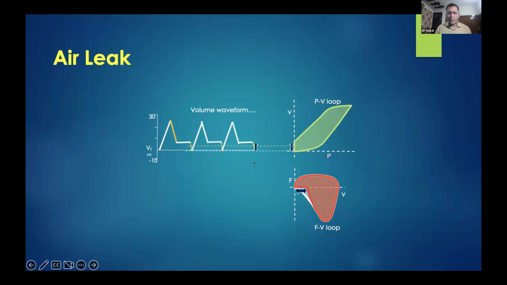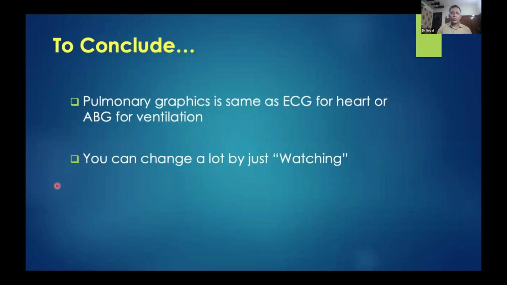I hope you've attended and watched when I told you in previous sessions, previous slides. So to conclude, pulmonary graphics are very, very important. Keep it very simple and try to identify which loop you want to see for which condition. It's very simple, like ECG for the heart or ABG for ventilation. Just by watching, you can change a lot and you can take immediate action. It doesn't take much time. It's available easily on every ventilator. So I hope